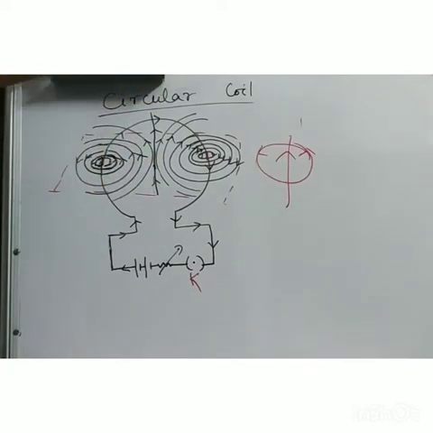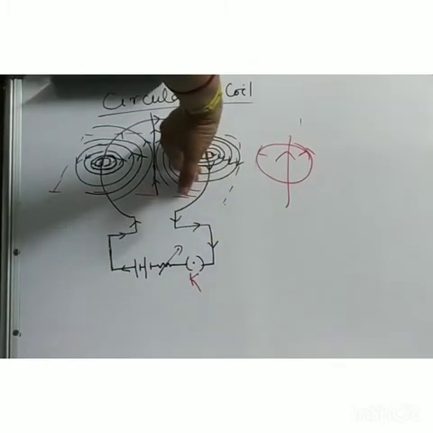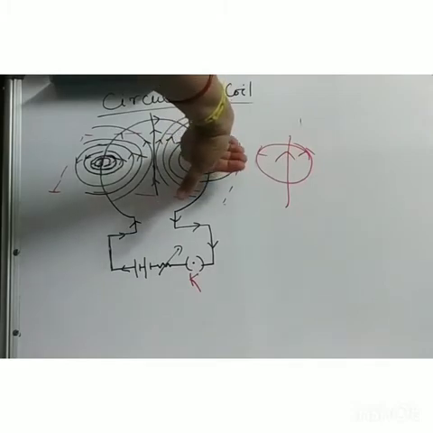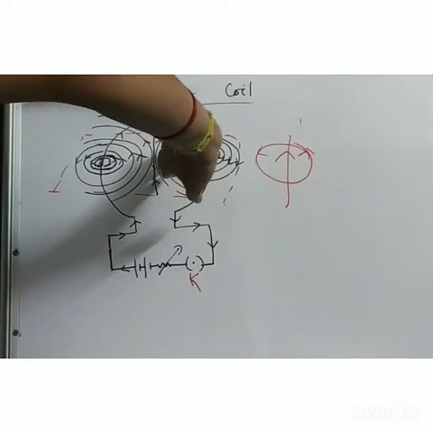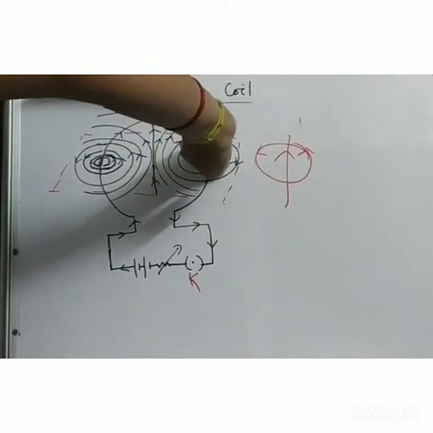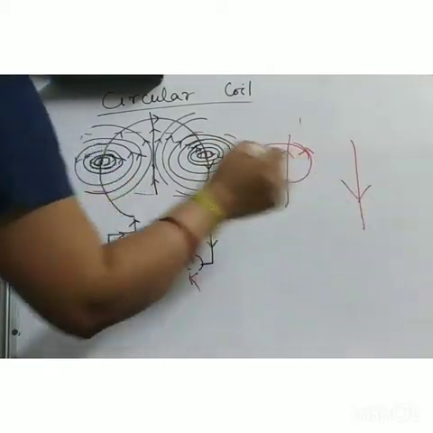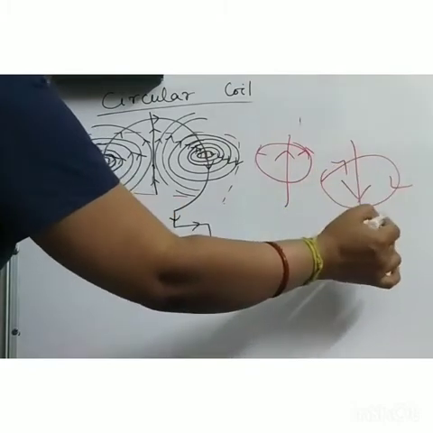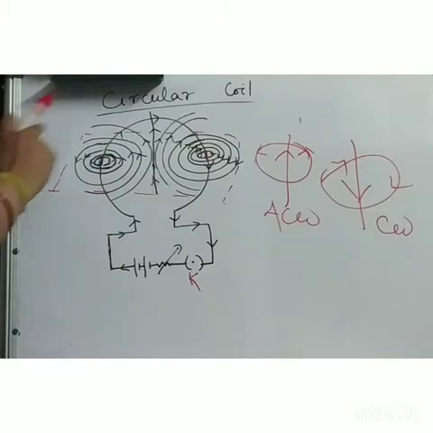Now come here. Now the current is going and coming like this. So hold your thumb like this and try to get the current direction. It is like this. Inside this space it is going inside, and outside it is coming out. When your current direction is like this, you get clockwise, so this is your clockwise magnetic field. See, here it is anti-clockwise. Is it clear why these concentric circles are like this?